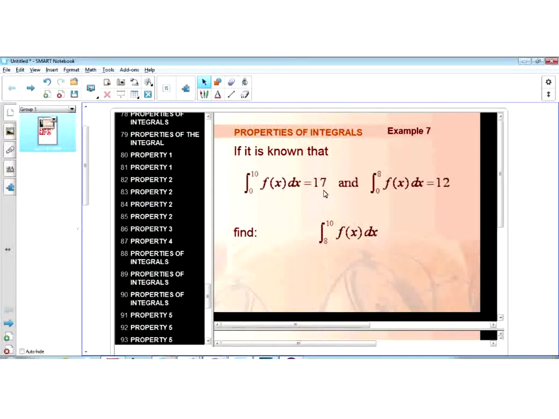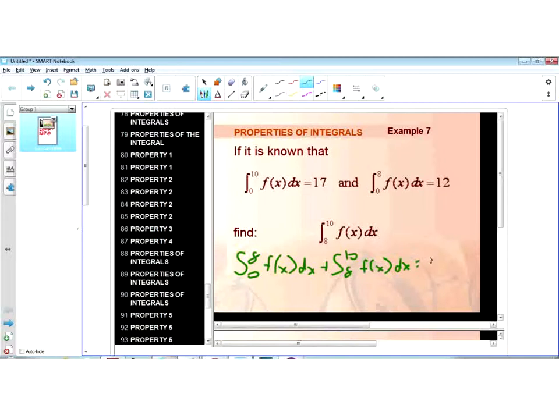Okay, so if we have the definite integral from 0 to 10 of a function is 17, and the definite integral from 0 to 8 of a function is 12, what is it from 8 to 10? All right, so what we can do to solve this is use that property we just talked about. We can write this, so we have the definite integral from 0 to 8 of f of x dx plus the definite integral from 8 to 10. You see how the 8's are lined diagonally? From 8 to 10 of f of x dx